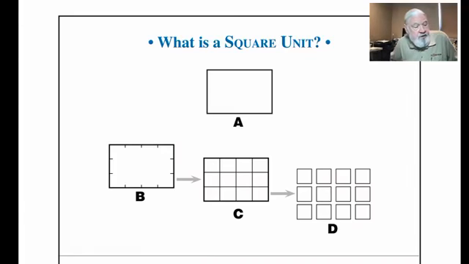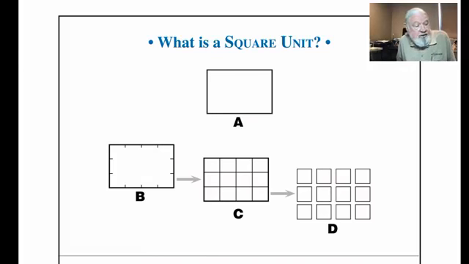And when you connect those little hash marks there, you start to see these squares starting to form in figure C. And when you get to figure D, those squares, boom, pop out. And so if this rectangle, if A would happen to be 4 by 3, which is what this diagram shows, the area would be, and well, how many squares are there? Well, let's see, 3 rows of 4, so there's 12 squares.